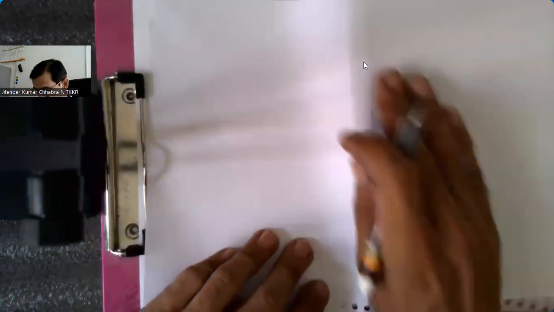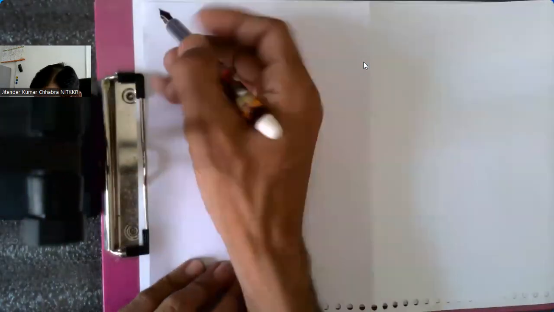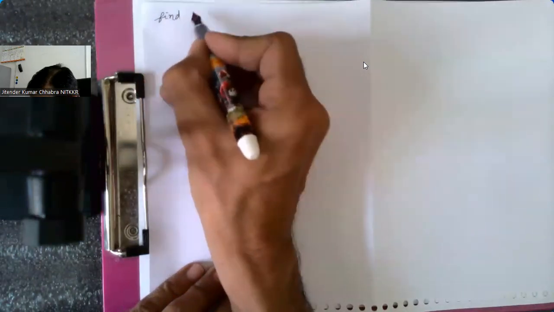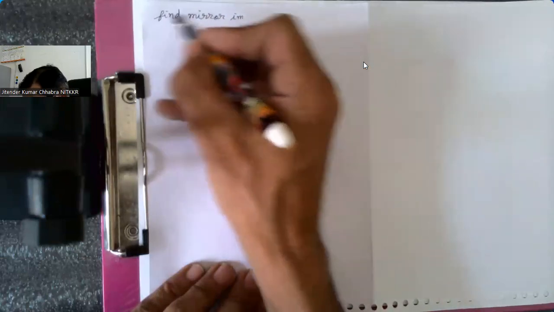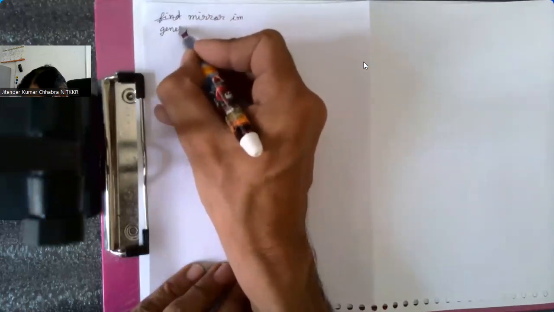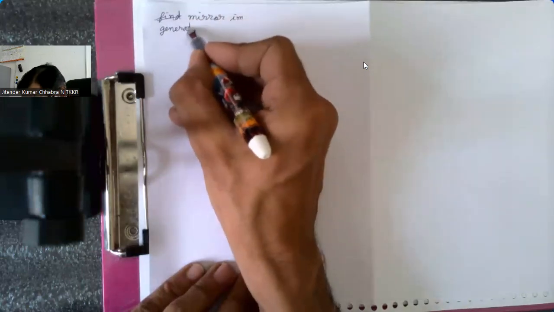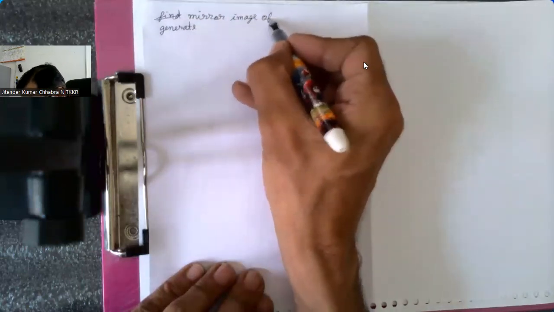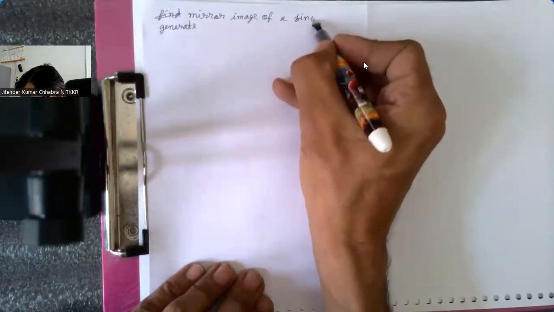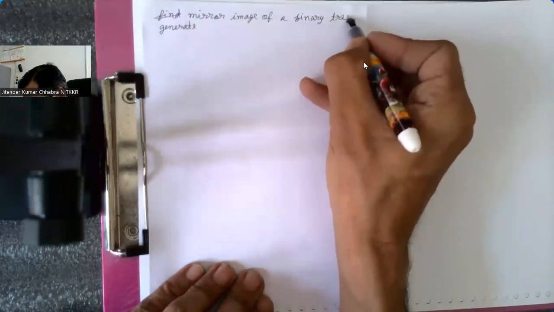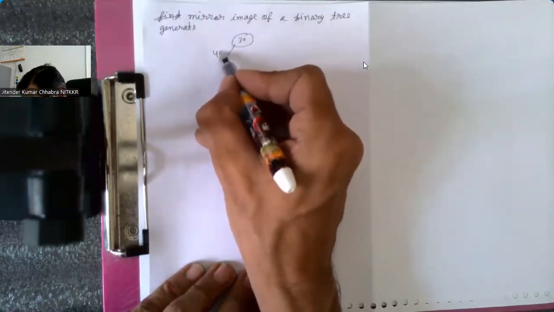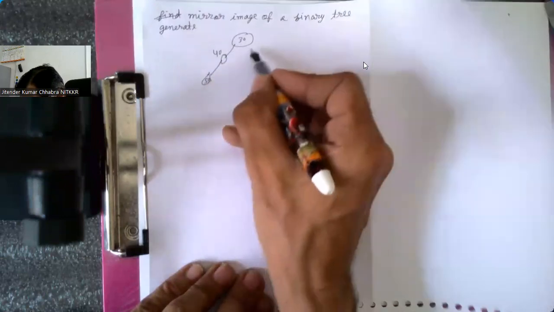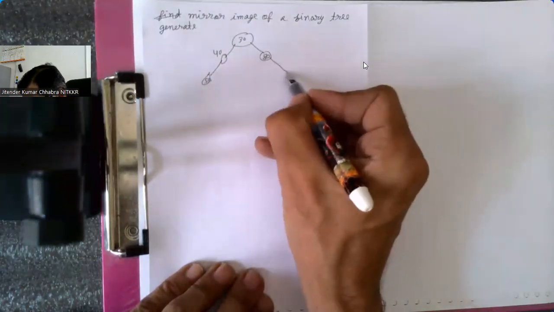Coming finally to another, slightly difficult operation: find the mirror image of a tree. Find means, effectively, generate. So I want to generate the mirror image of a binary tree. Means if this was 30, let's say this was 40, say this was 50, this was 80, this was, let's say, 90,